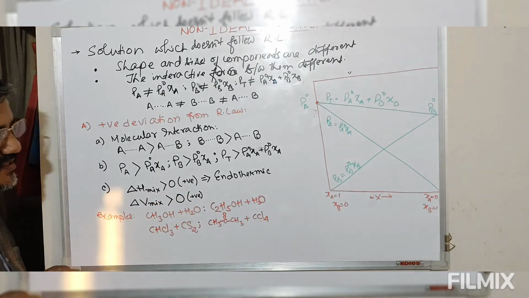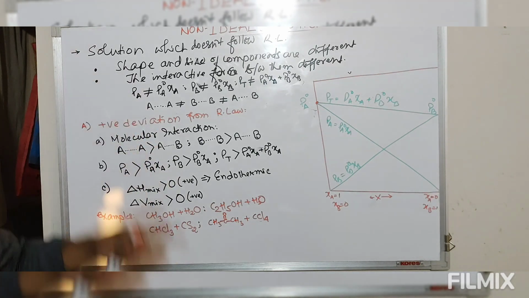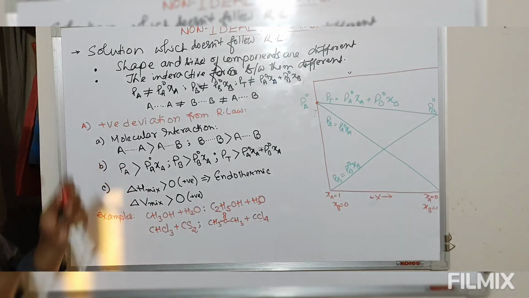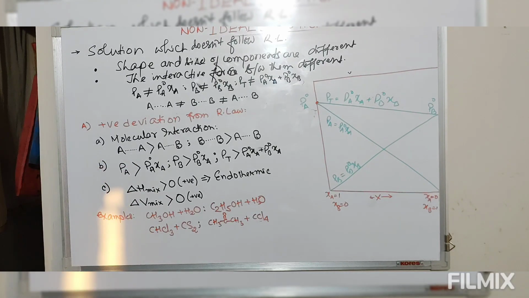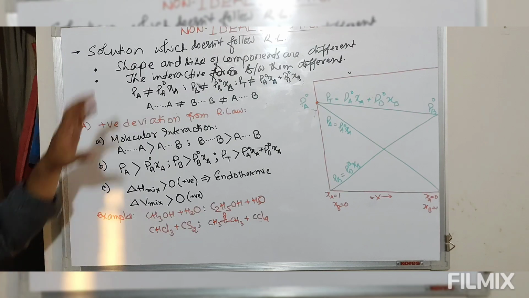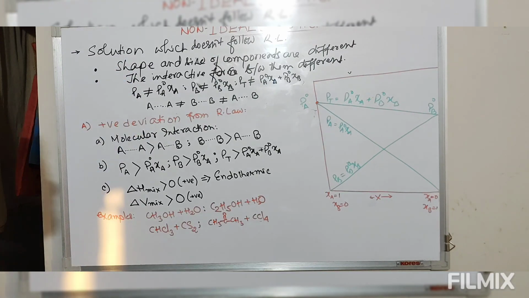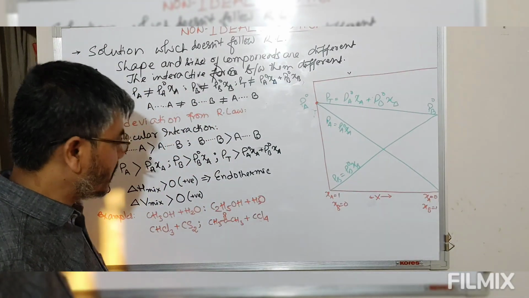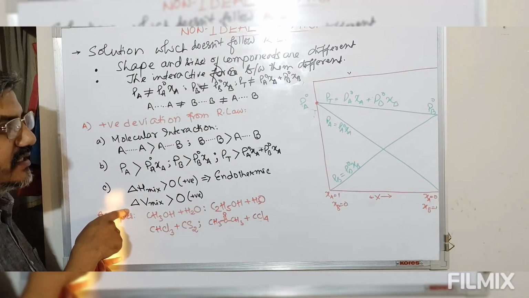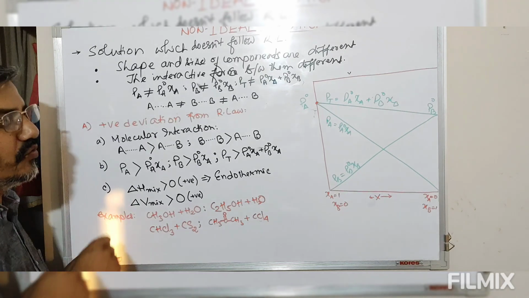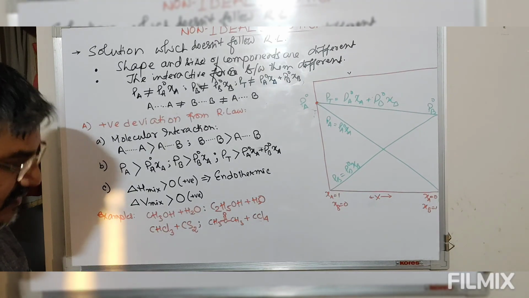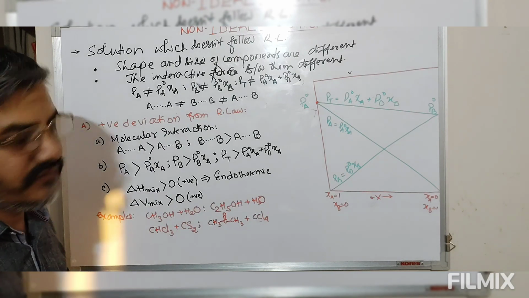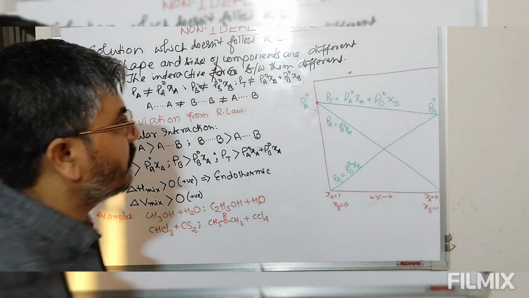So when we have this type of solution, this will try to move into the vapor phase. So the vapor pressure is always greater than the ideal value. Now coming to the graph which represents this non-ideal solution. So this represents the ideal value, but the actual value is something greater than the ideal value. So if you look at this graph, the value is greater than the ideal value.